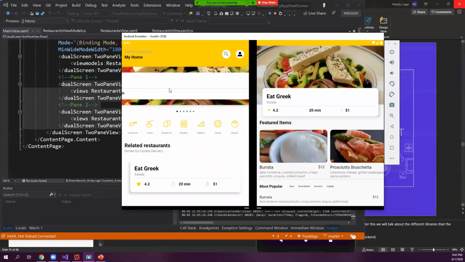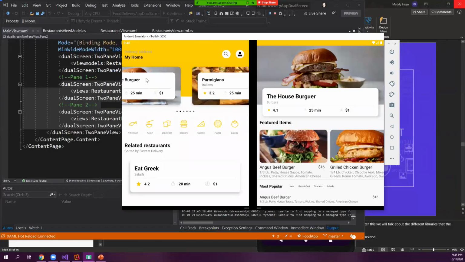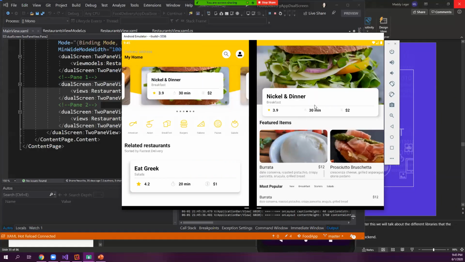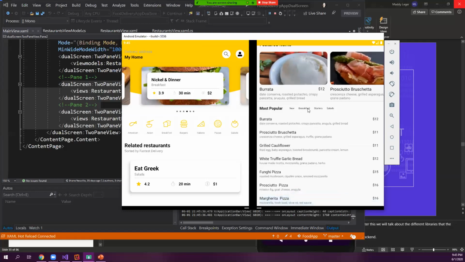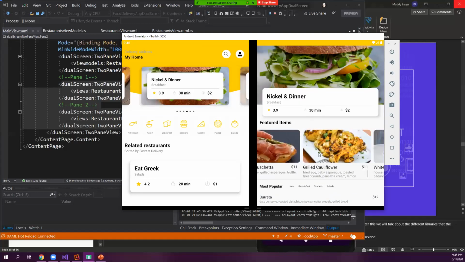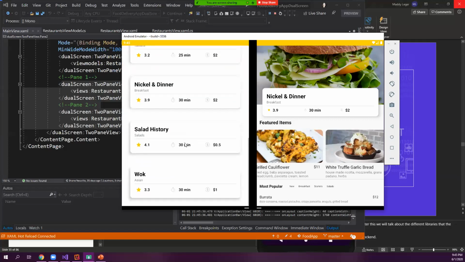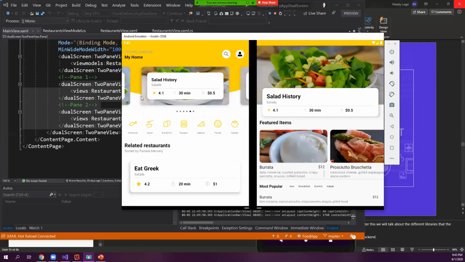So, oh, well, that's a bug. Gotta go fix that. But I can scroll between restaurants on the left here, and on the right, it updates what it's showing me as the heading. So that's cool. And then I can scroll through this page totally separately, go scroll through my featured items separately, all these totally different experiences happening on two different screens, even though it's the same app. And then I can rotate this, do all that great stuff as well.